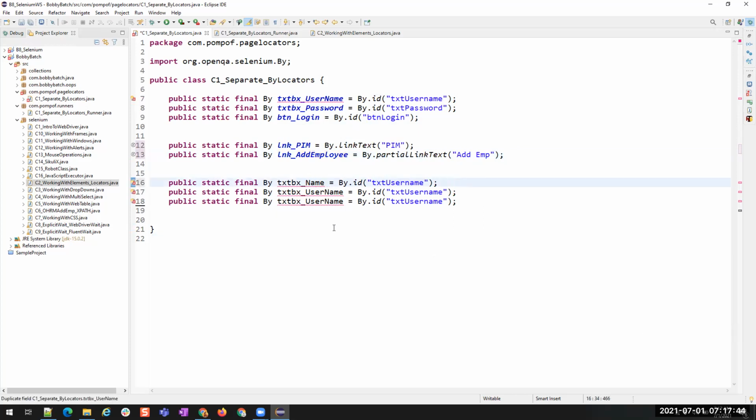We will enter the first name. I don't remember. I hope this is the first name identity. Last name, and then we have button underscore add employee page underscore save.